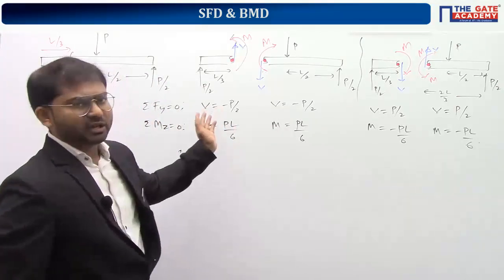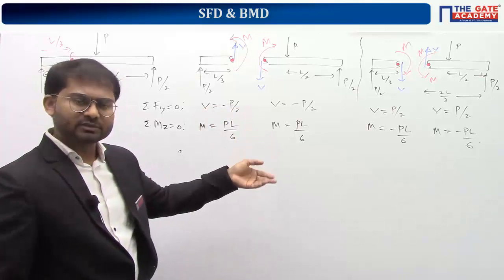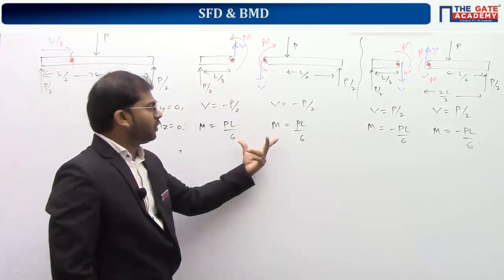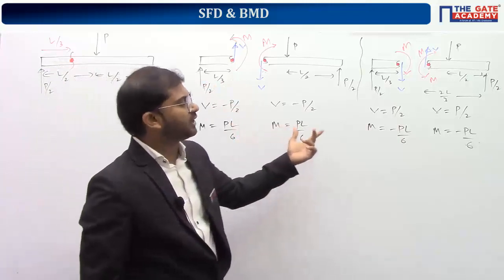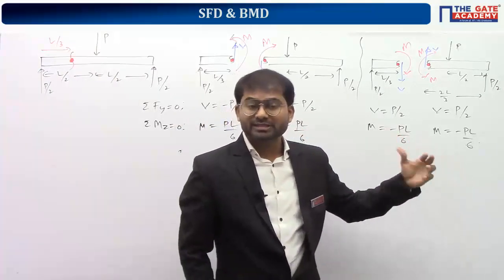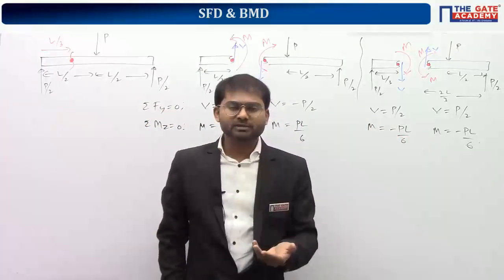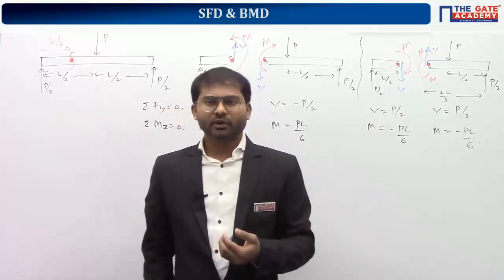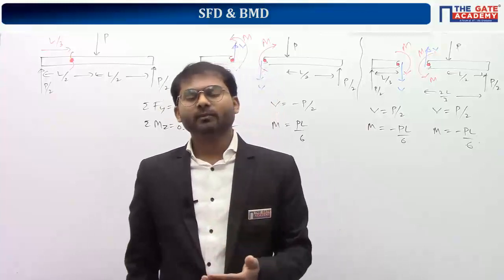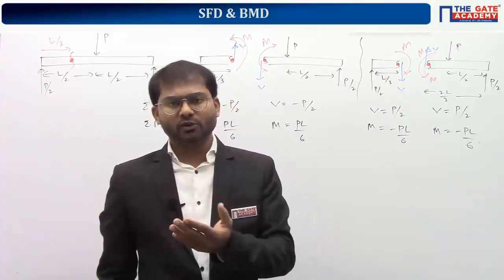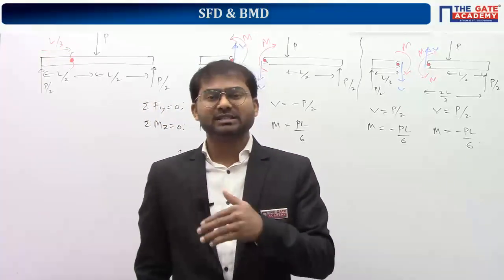Whether you take the left side or the right side, you'll get the same value in terms of magnitude and also sign. But when you are taking this case, you are getting a positive value, and here you are getting a negative value. So there is nothing wrong in this approach. But the problem is, we are going to plot the graph. So in a graph or in a function, positive values are shown opposite to negative values. That means positive and negative values are distinguished.